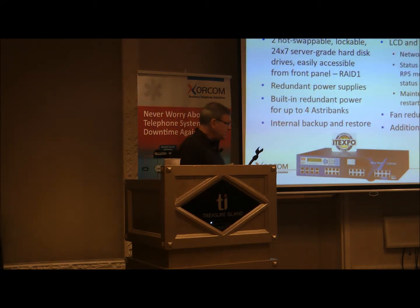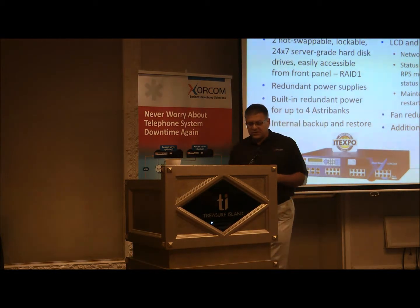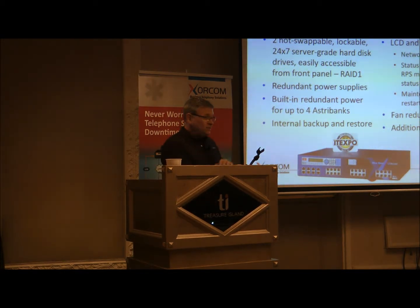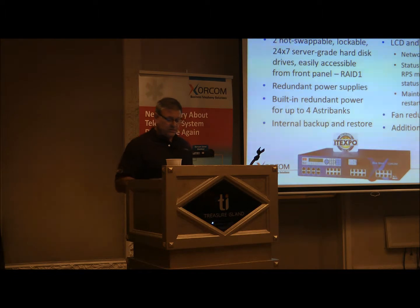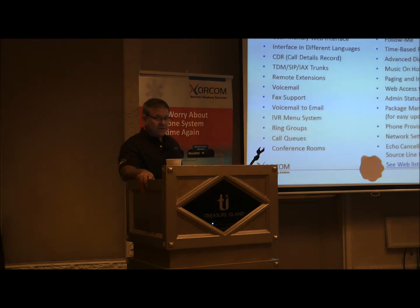The people on the right-hand side of the room can see that there are 3 fans within the Blue Steel server. It also has a temperature control and monitoring system. So as it monitors the temperature when needed, those will turn on, if you will, in certain environments. Okay? And then it has an additional Ethernet port as well. Okay? This is a list of...